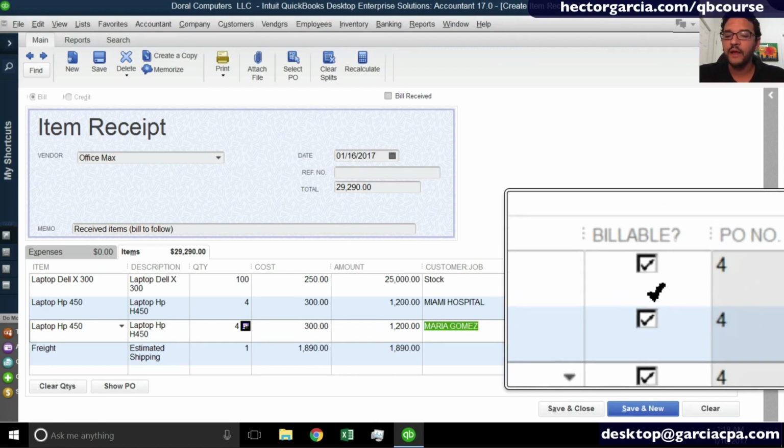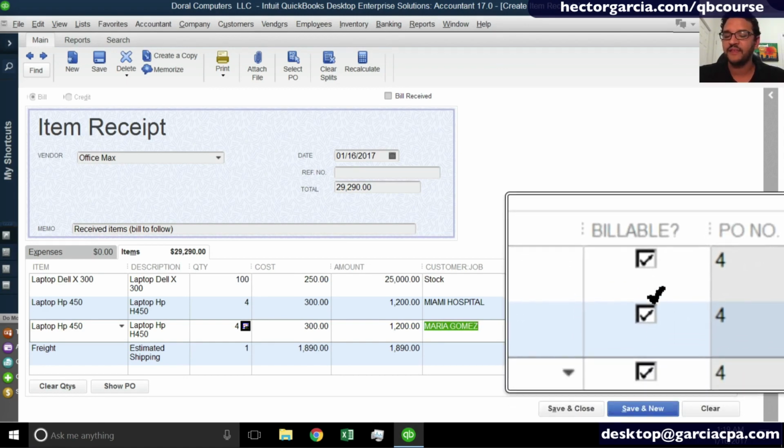You get a billable box pop up, basically asking you, do you want to bill these products to your customer? Now, this is an area of a lot of confusion for some people. If I created an estimate beforehand or a sales order beforehand, I don't want to mark this billable because billable will prompt me to invoice them again on top of the other documents I already created, like a sales order